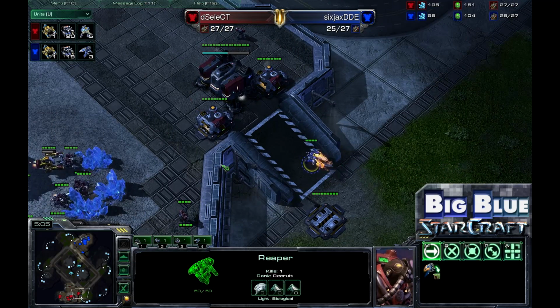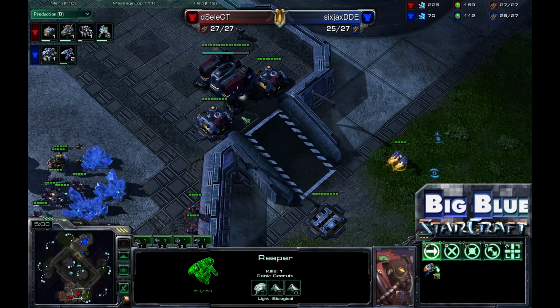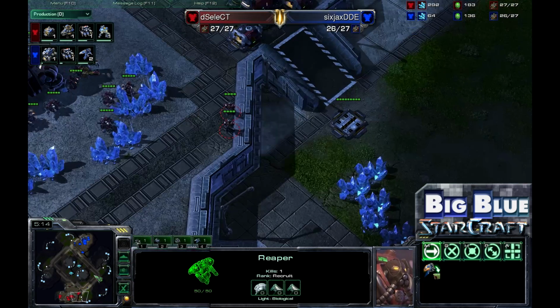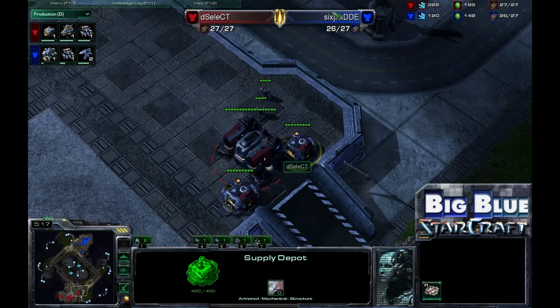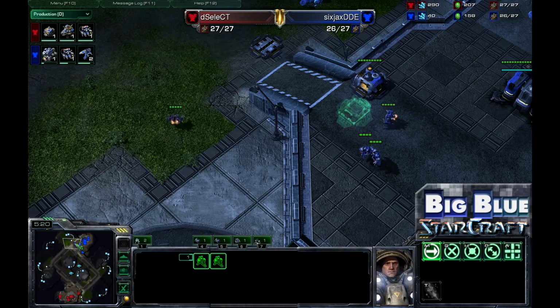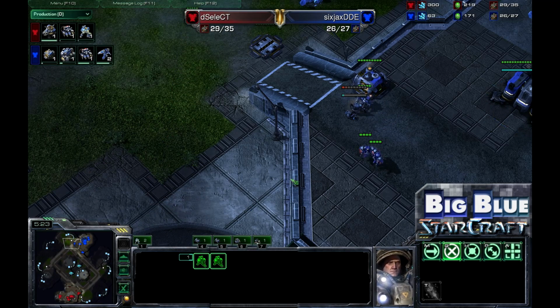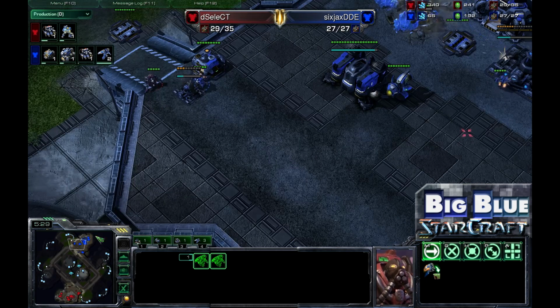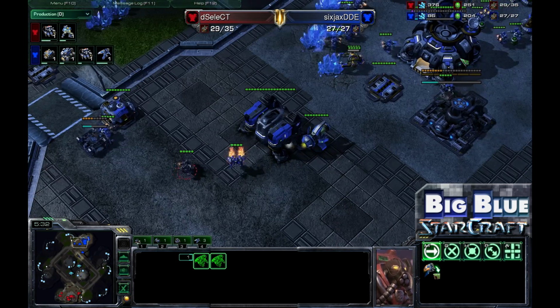and we'll see what DDE is able to do with his Reapers. He already has 3 on the field, 2 more on the way, but there are Marines in great position for SeleCT, covering here, covering here. This wall-off is already covered. Another 2 Marines right here, and I gotta say that this aggression, this potential aggression, these Reapers are not gonna do much of anything. These guys are gonna do jack,